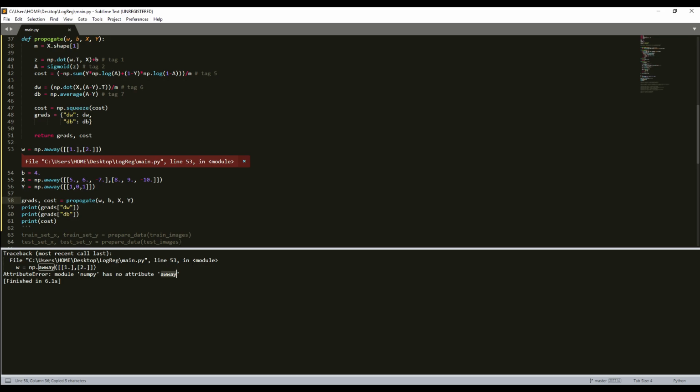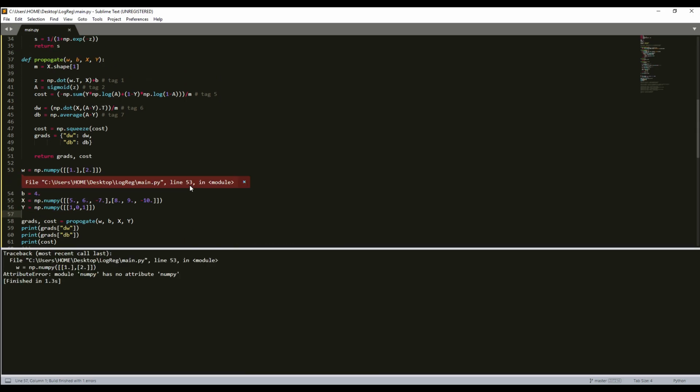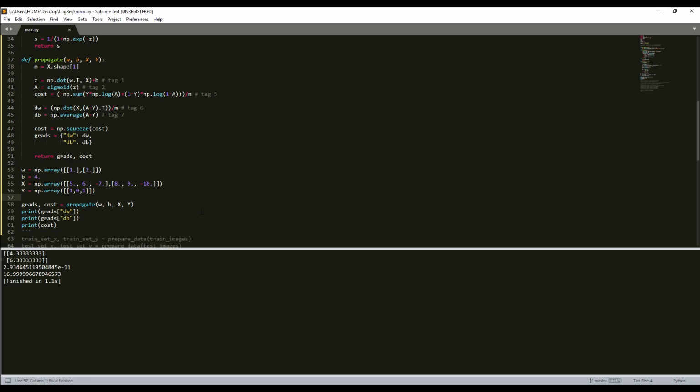Okay. Sorry, NumPy, I wrote silly mistakes here. Okay, let's build. Oh, again, I need to keep more attention. Okay, let's build. And as you can see,